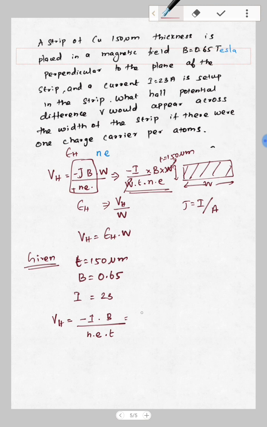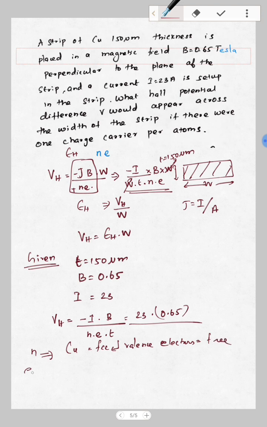If I substitute all the values: 23 into 0.65 Tesla, divided by the number of electrons. What is the number of electrons? It's not given in the problem, but since copper has an FCC structure and we take all valence electrons as free electrons, we can find this value from the previous problem mentioned in the textbook. Since it's an FCC structure, it has an atomic density of,